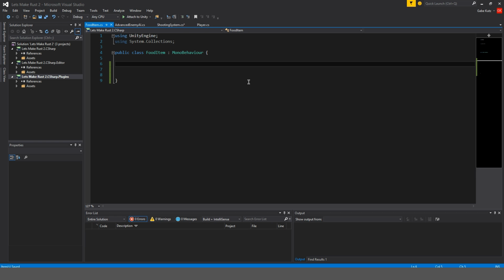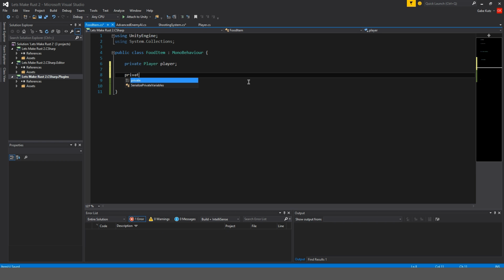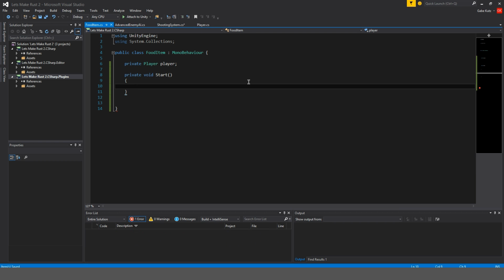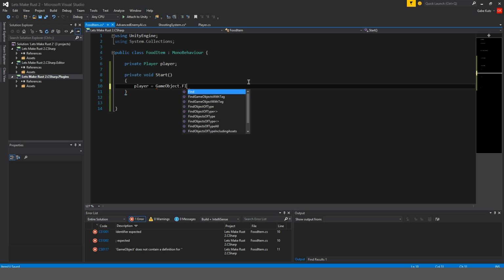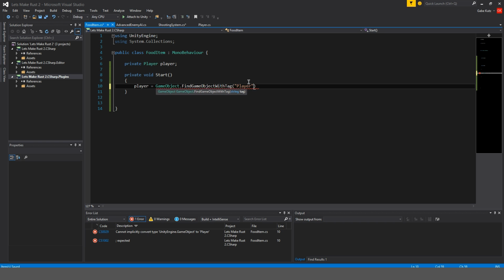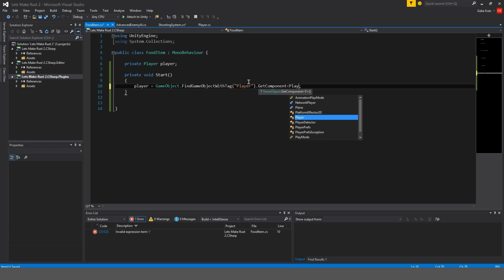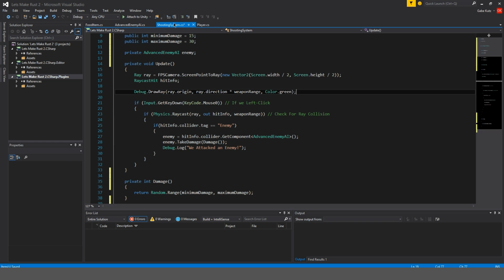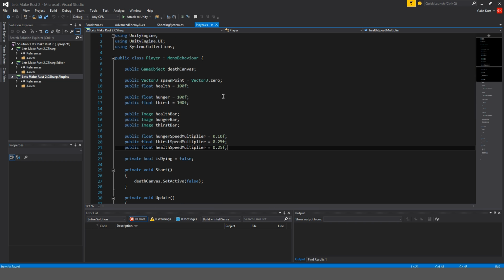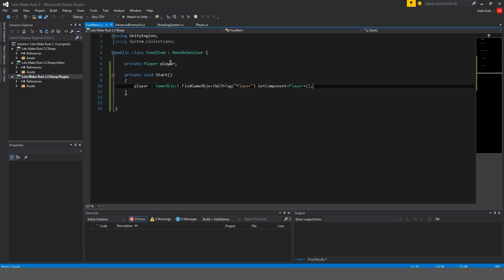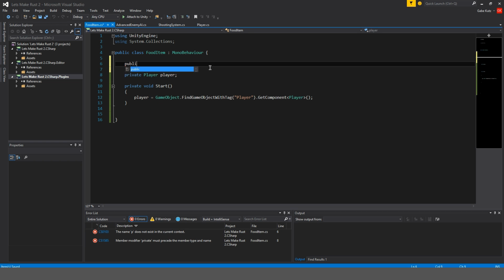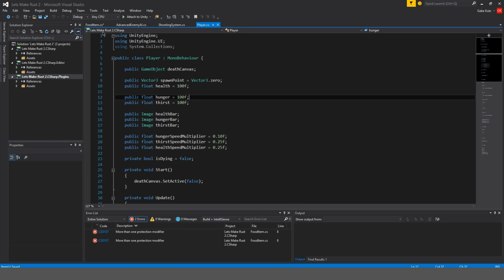Okay, so on the food item, we're actually going to have to find a way to access the player. So I'm going to make a private Player, and in Start we are going to do player is equal to GameObject.FindGameObjectWithTag("Player").GetComponent<Player>(). What we're doing is in the player we're going to be accessing the hunger and the thirst. That's what we're going to do. And over here I'm going to put public, what are these? Are these floats? Okay, so public float